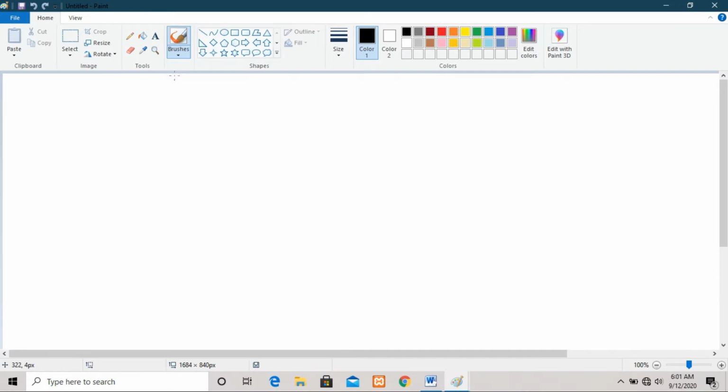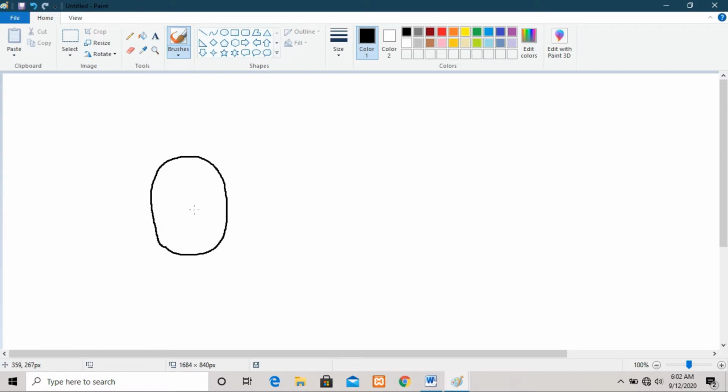So what is the use of this brush tool? You just use the mouse on your computer to drag your pointer in the paint area. To draw something, just press the mouse button and drag your mouse in the desired place, through which you can get the desired shape or drawing which you want to make.